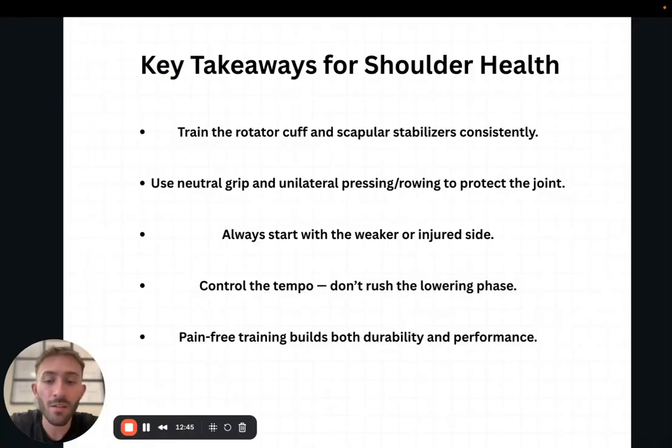And then the last thing, we just want to train pain-free. Training through pain is going to more so break down what we're trying to build up, and we're trying to build it up to make it feel better. So training pain-free is going to be super important to help overall not get injured and also get out of injury quicker, because we're telling the body what we want. We want to be pain-free, okay? And let's train that way and make sure we're not pushing loads or weight or range of motion before our pain tolerance can get there.